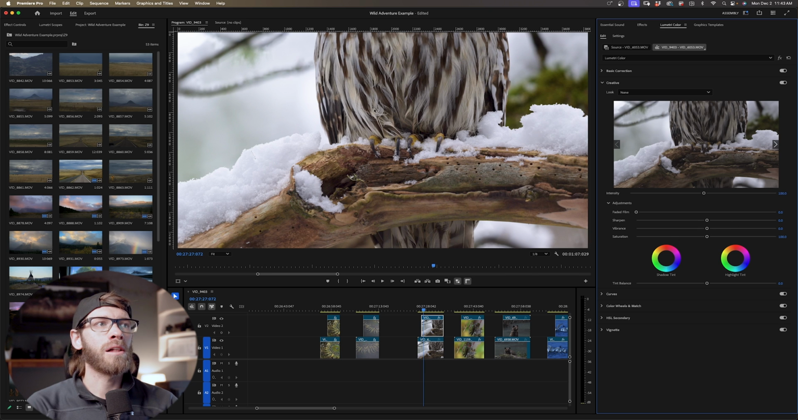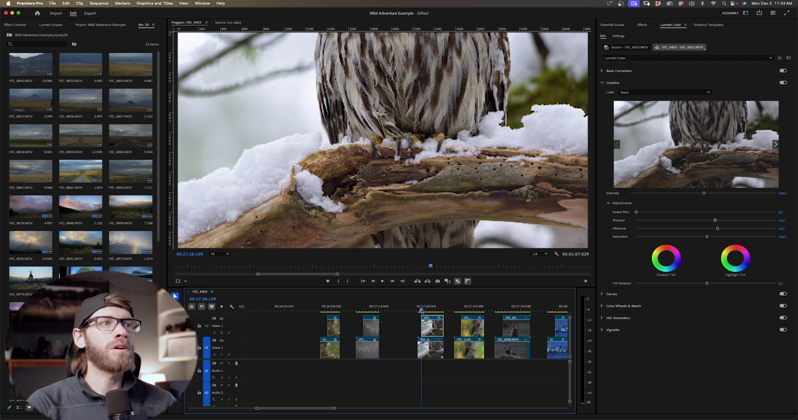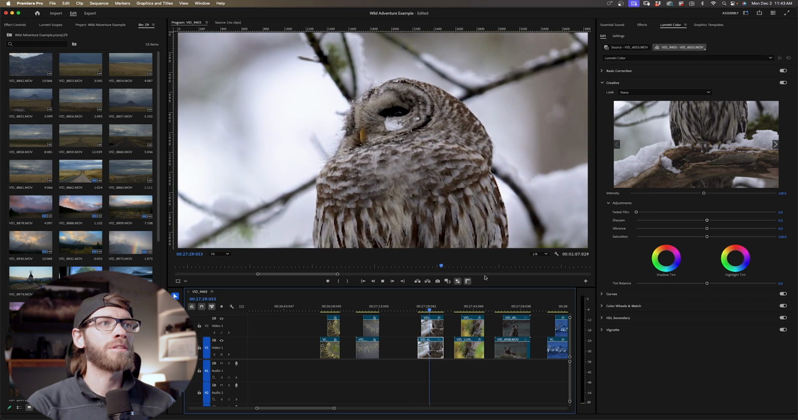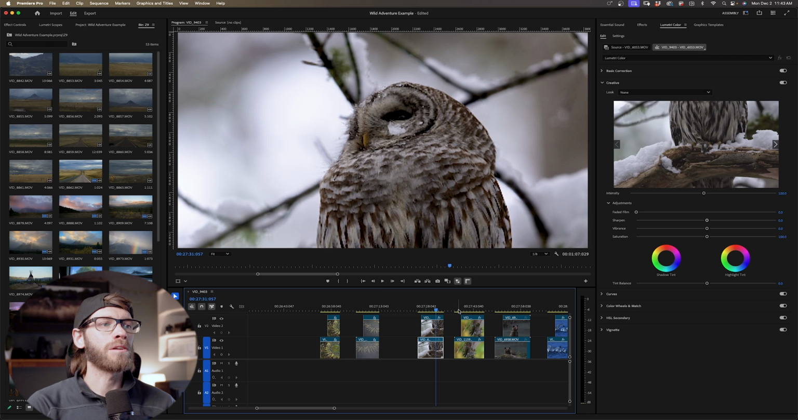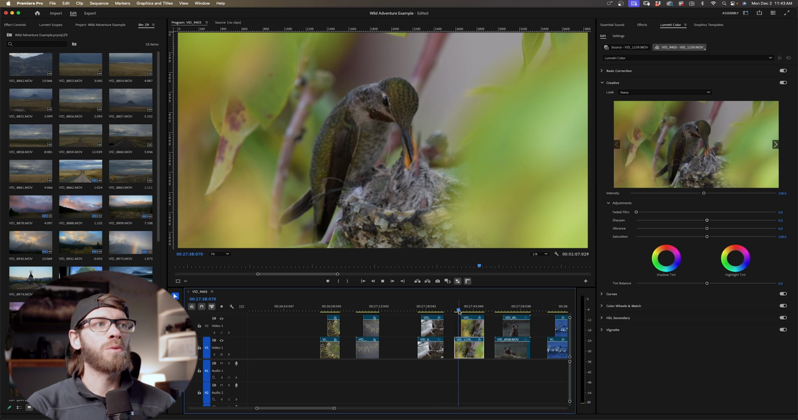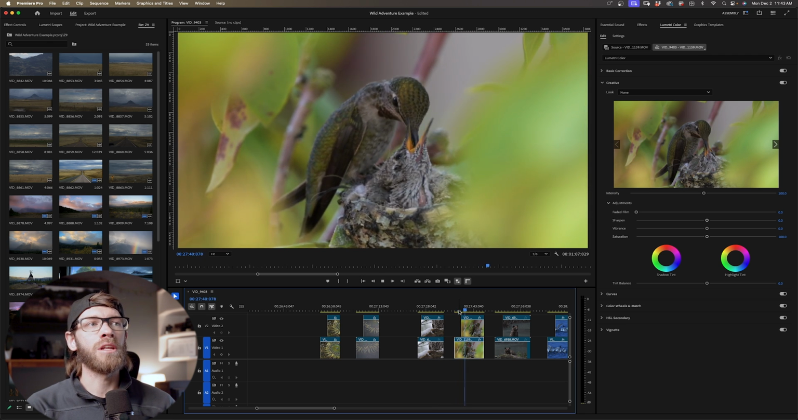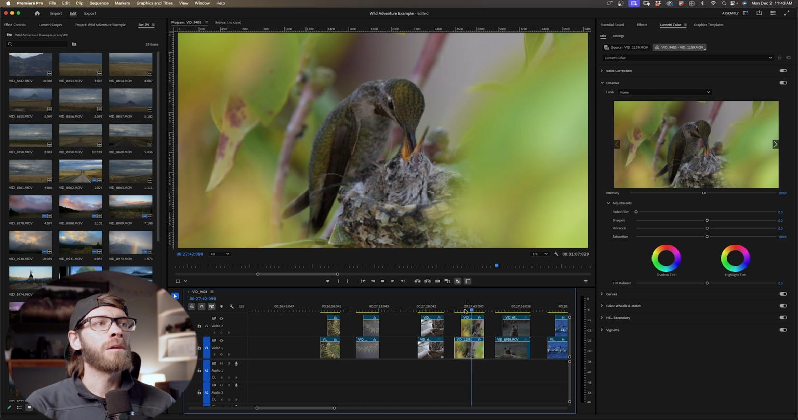Now I do like the color here. It's looking pretty good. I might bring the vibrance up a tiny bit more, add some sharpening to it. And already that looks pretty good from before and after. Just having it brighter there is so nice. Yeah, that looks good. Okay, here's our next one where I've got a hummingbird feeding her young, and there is